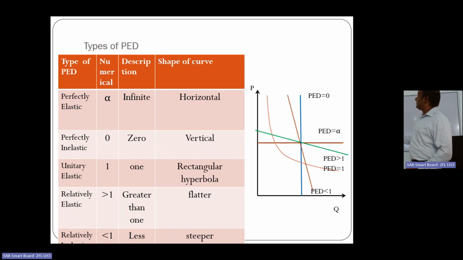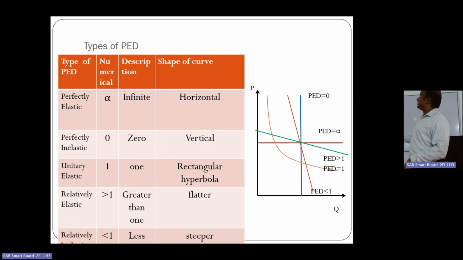If you multiply the price and the quantity at any point, you get the same value, the product of price and quantity. At any point of this curve it equals the same value. Here the price is higher and the quantity is lower, but the value is the same. So in the rectangular hyperbola, if you take the consumer expenditure or the producer's revenue,